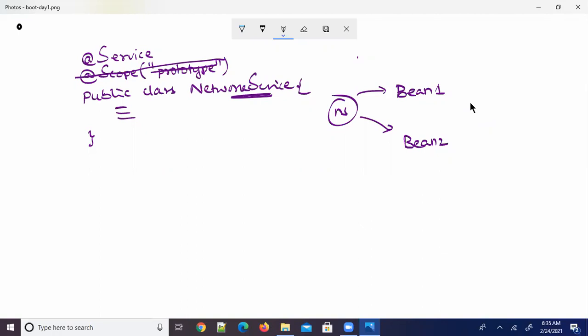You write a class and you define the attributes and the functionalities, that is, the methods. You define all of them. And who is going to manage it? Managing it means taking care of object creation, initialization, managing its dependencies, and finally destroying that object. That is done by the Spring Container. So, what is a Spring Bean? It is a class in the application whose object lifecycle is managed by the Spring Container. That is called a Spring Bean.